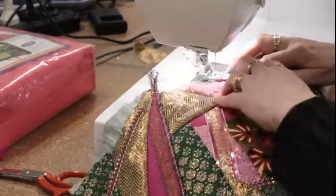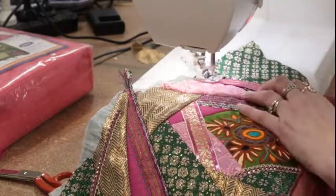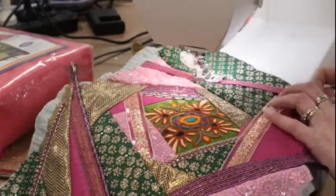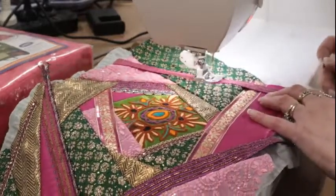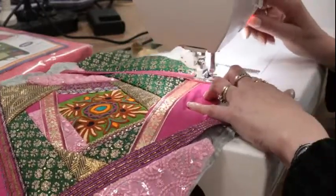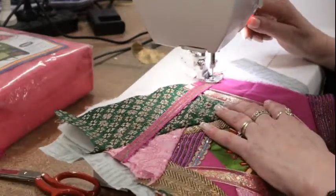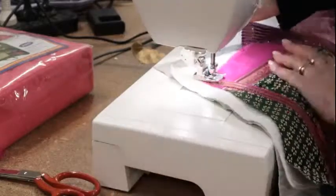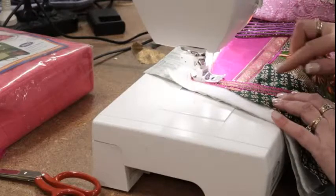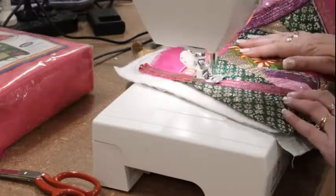And down one end. And I'm just going to whip over to here. And one more on that end. Nice. It's getting quite a bit underneath it now, so here I'm actually going to attach it to the bag,